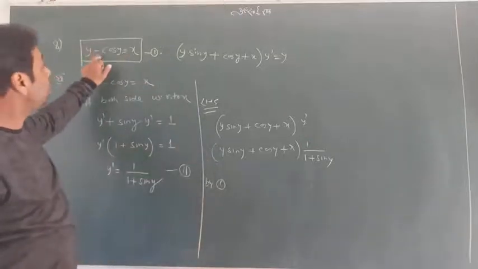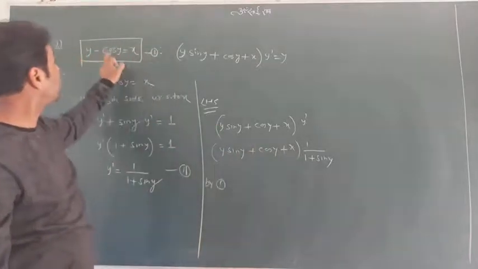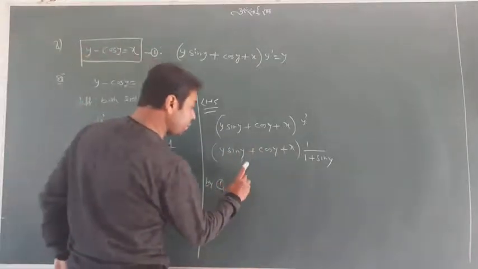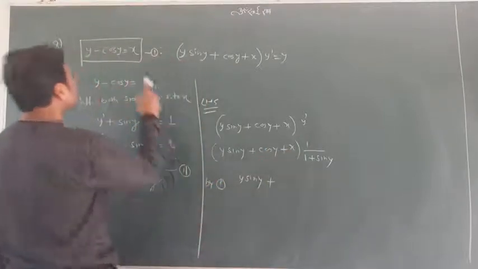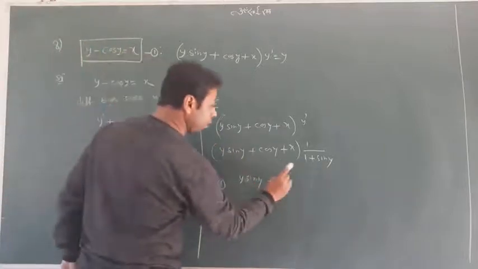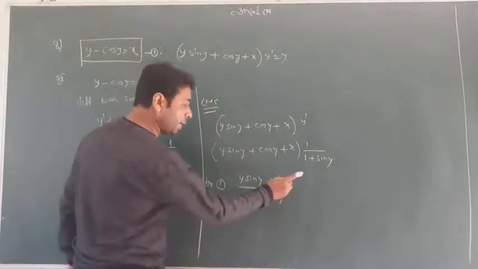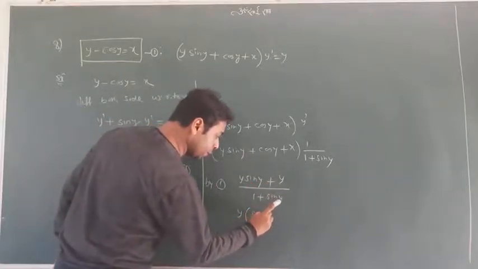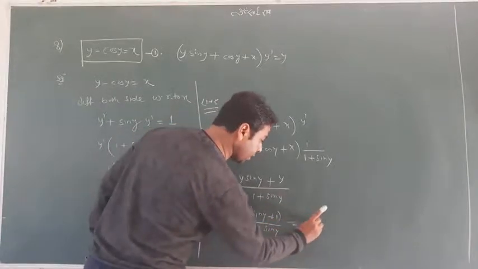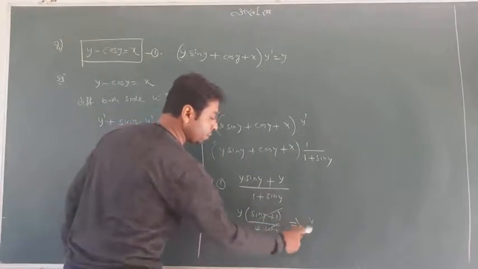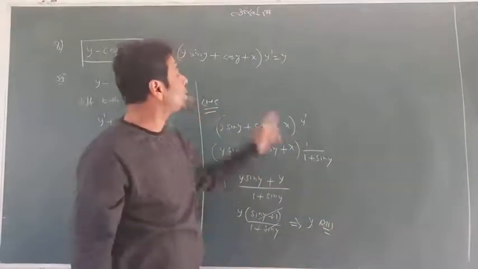Do you think that from here x plus cos y equal to y? You know, x plus cos y equal to y. So I would write here, instead of cos y plus x, y sin y plus cos y plus x equal to y, and what is upon it? 1 plus sin y. That's simple thing. Now I take out common y, sin y plus 1 upon 1 plus sin y. One can understand both will cancel, and after cancellation we have just a y, which is the right hand side. Anyhow, we just have to verify the given thing.